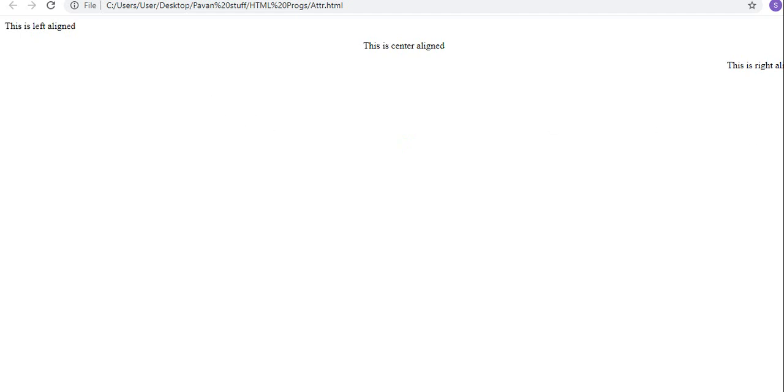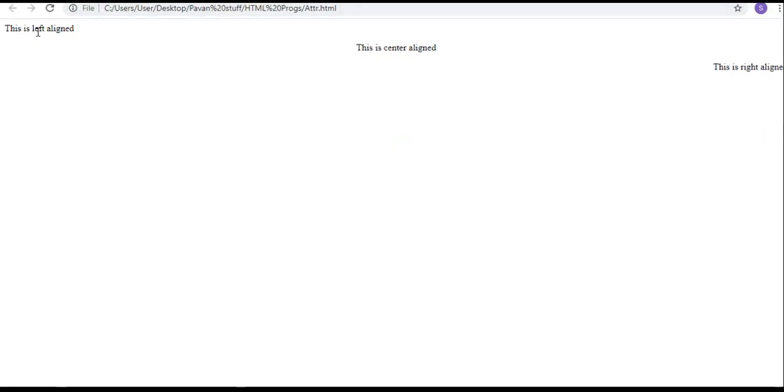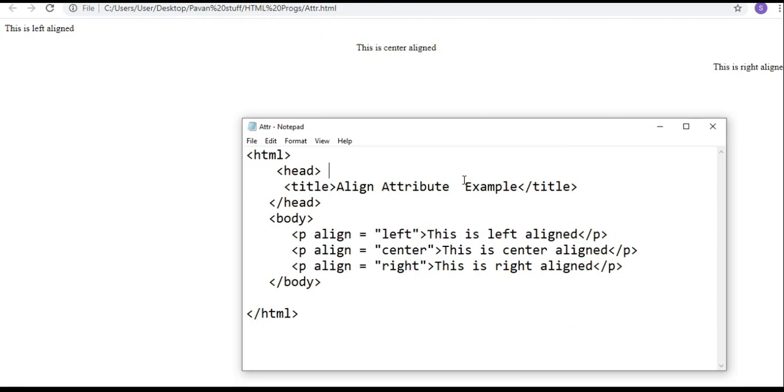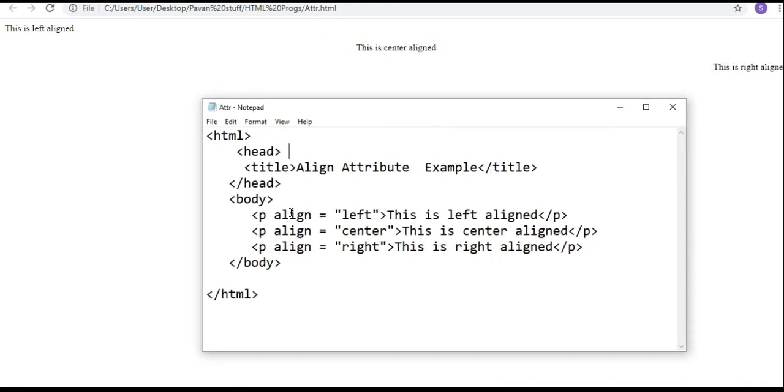Now you just observe: left alignment, center alignment, right alignment. Okay? As per the program, align left, center, right.